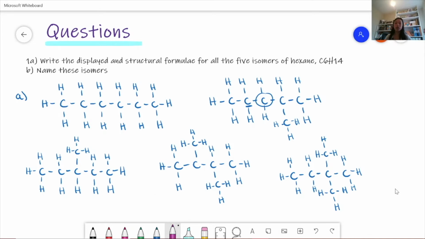So first, this one, we have a straight chain, which is just CH3, CH2, and for ease, I'm just going to put that in brackets and put down a 4, and then CH3. And then this bottom one, we have CH3, CH2, CH, and then we have a branch chain, a methyl chain, and then we have CH2 and CH3. And for the next one, I have CH3,